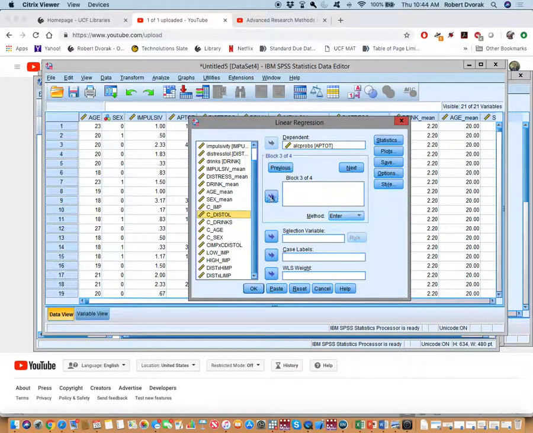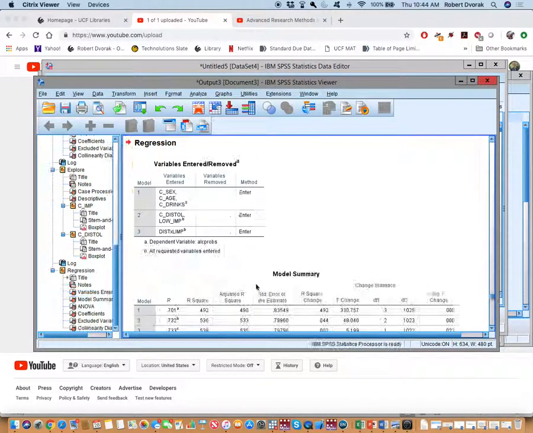Let's remove distress tolerance here. And for this last thing, let's just throw in distress tolerance by low impulsivity. Let's go to step 4 and let's just delete that out of there. So we don't even have 4 blocks anymore, right? So you guys should look like this: in step 1, drinks, age, and sex. In step 2, distress tolerance and low impulsivity. And in step 3, distress tolerance by low impulsivity. We good to go? Hit go.